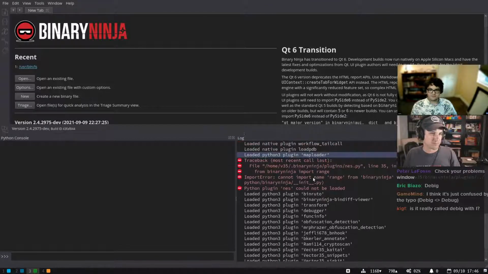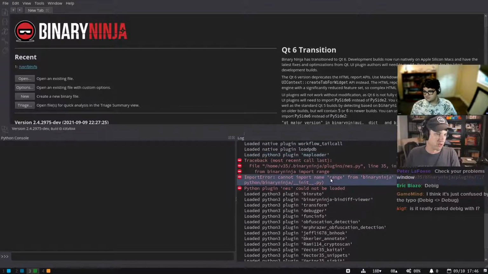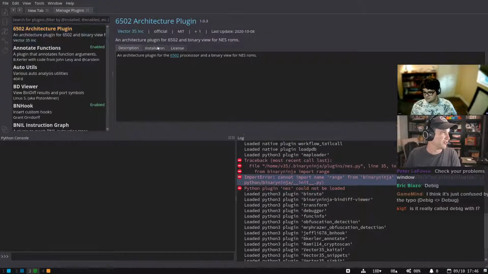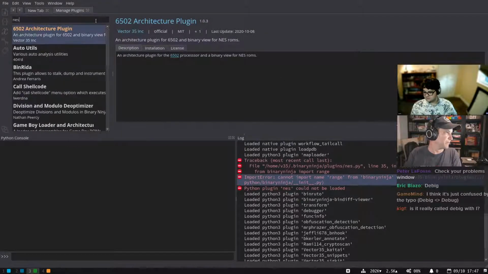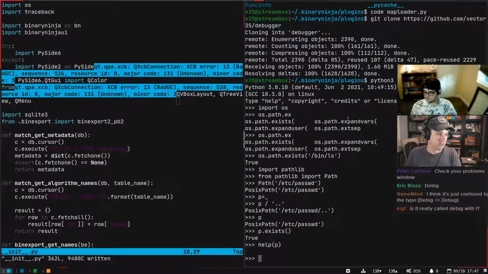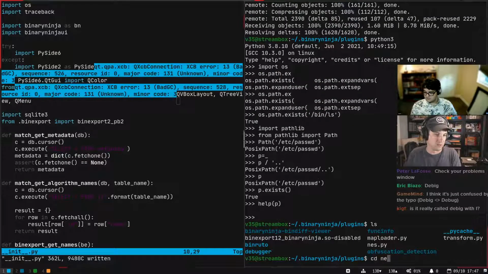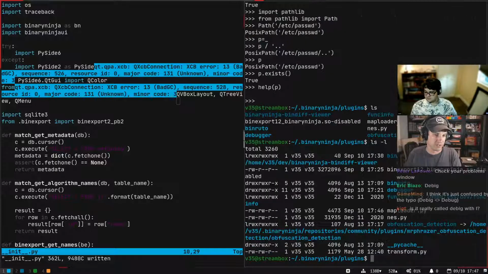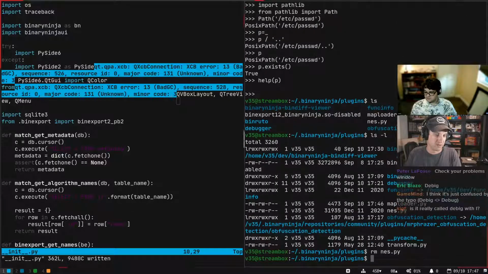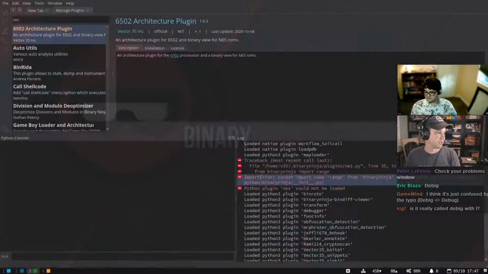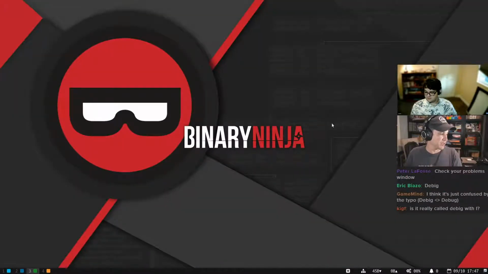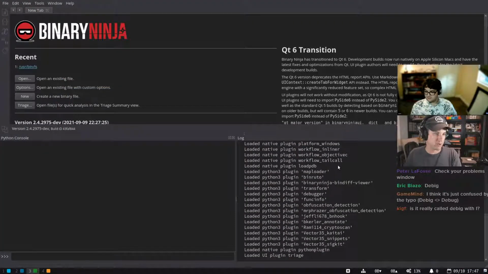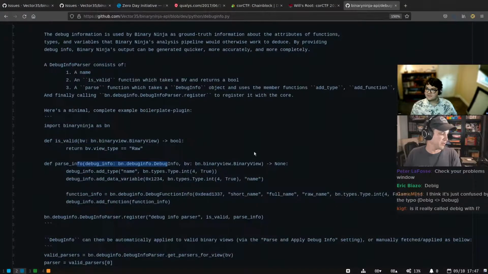All right, that NES plugin one is annoying me. That's already fixed. I think we just have to uninstall. Oh, I need to pull. I've already got it. Oh, it's literally just copied in. So if I actually pulled and refreshed it, it would get the latest one, but let's just restart Binja. Okay, so Binja's started, map loader is loaded, and now if I create a file,